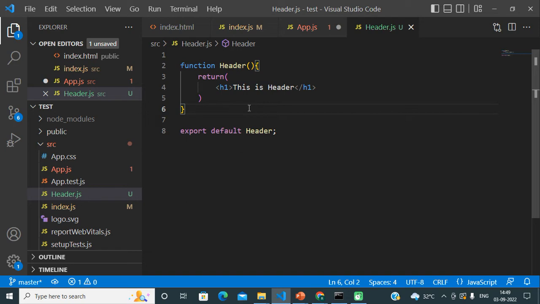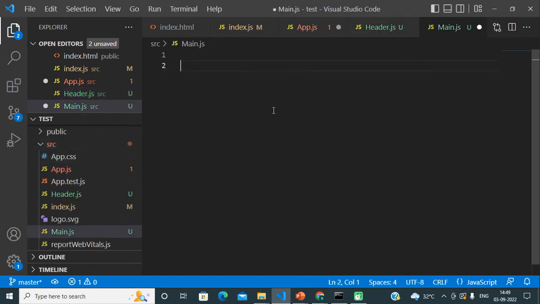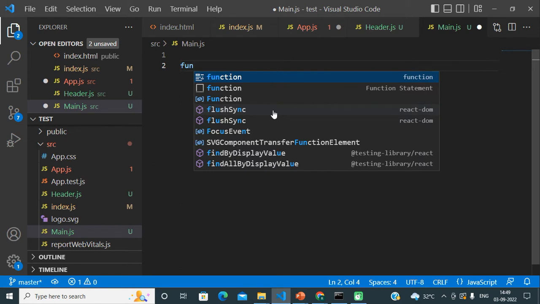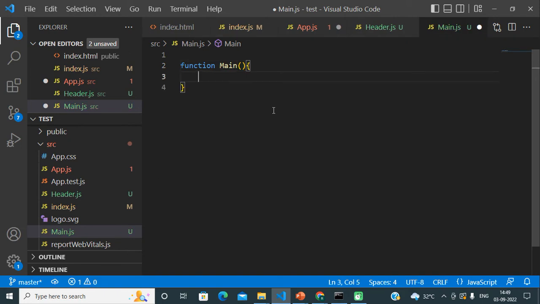Now I will create another component so that you can understand the process. I am creating another component, that's why I am creating another file. This time I am creating a main component, so I am giving the file name as main.js. Again, I will create a normal JavaScript function with the same name, main.